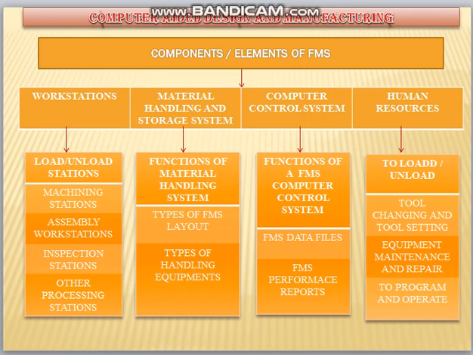In this loading and unloading station, raw work parts are loaded and finished parts are unloaded. This may be done manually or by an automated material handling system. The second workstation is the machining station. The machining station has automatic tool change and tool storage, and the machining of work parts is carried out in these machining stations.